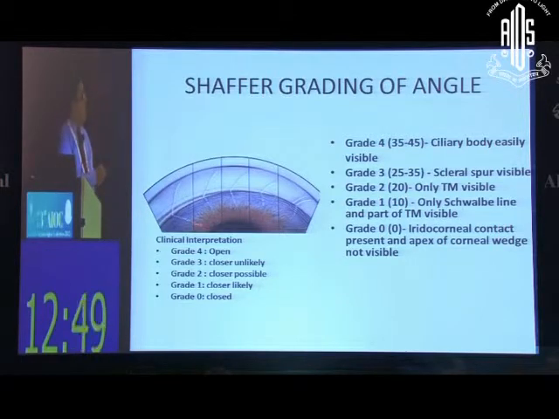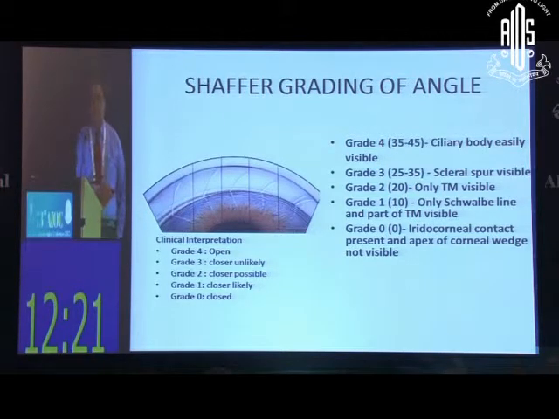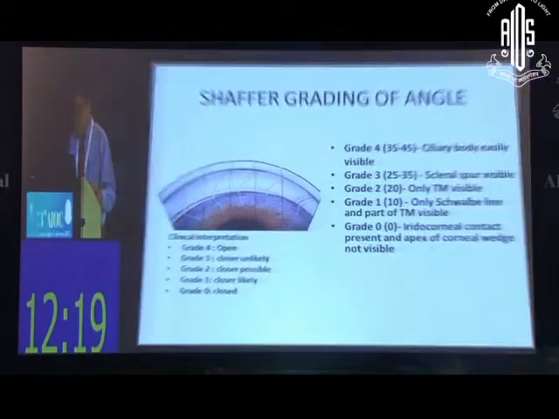So in an open angle like shown here, you can see the apex, but when the angle is closed like here, you cannot see the 2 beams meeting. You cannot see the apex. So this is the foolproof method. Sometimes in a distorted angle, this is the foolproof method to see where the Schwalbe's line is. And then you can go down and see the angle structures. So we are interested in grade 2, grade 1 and grade 0. And in degrees, they correspond to 20 degrees or less. So this is the Schaffer's grading.